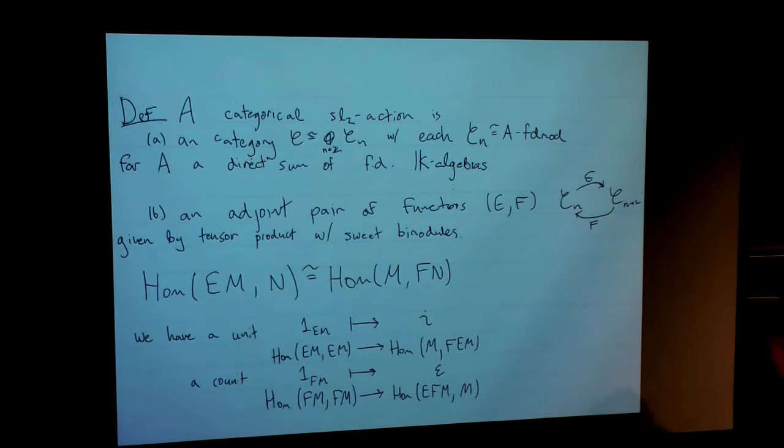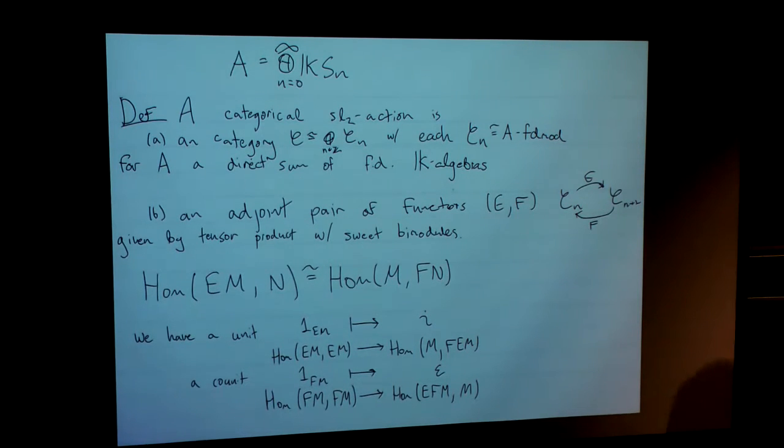The reason I'm including that is when you think about the representations of Sn over a field of characteristic p, which is an example, you don't want to think about one Sn. You want to think about them all at once. So you want to think about the representations of the algebra, the sum from n equals 0 up to infinity of kSn. This is perfectly fine algebra, because representations of the direct sum are the direct sum of the representation categories of the different Sn. So this is the kind of thing that I'm looking at. It's the direct sum of